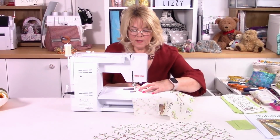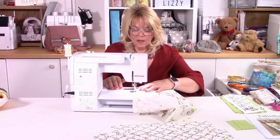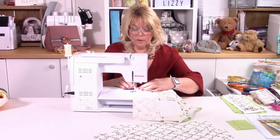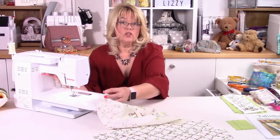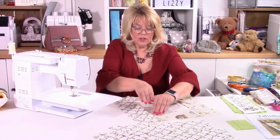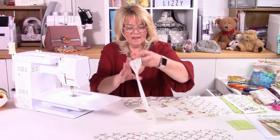Now, even though this is 100% cotton, quilting cotton that I'm using fabric-wise, I'm just using my regular polyester quilting thread. A lot of people would say you should use cotton with cotton. Gosh, I must admit I'm not that precious. So next we're going to put the third one on,